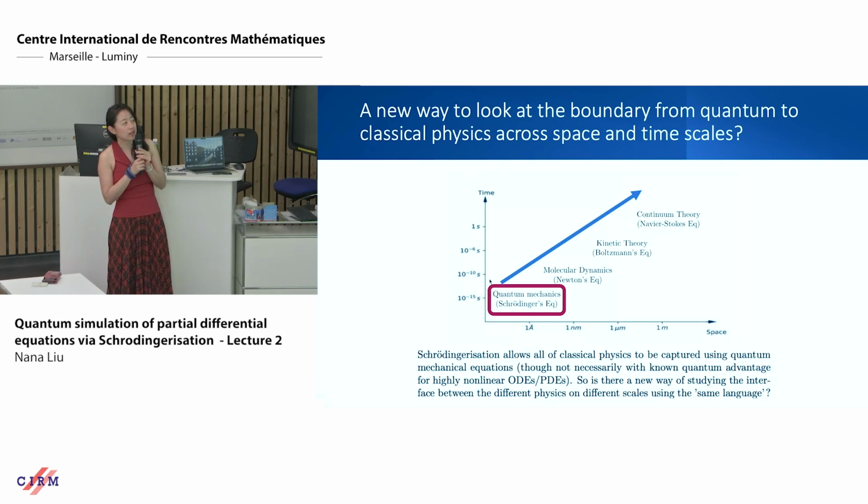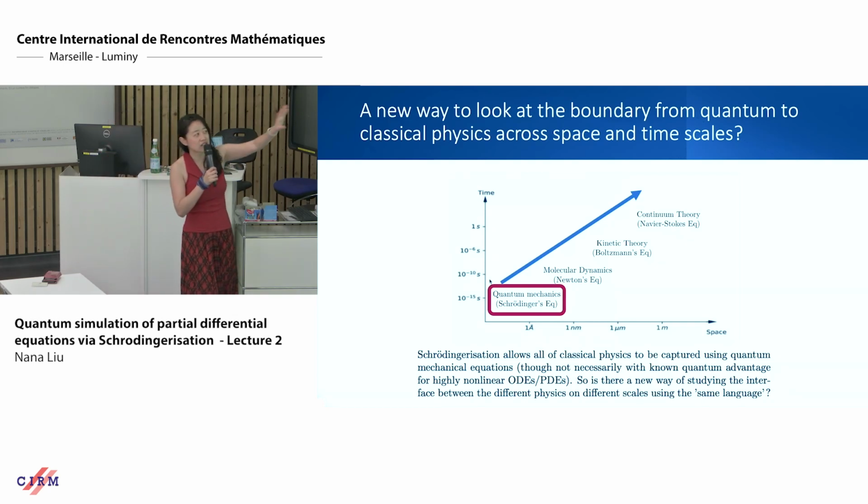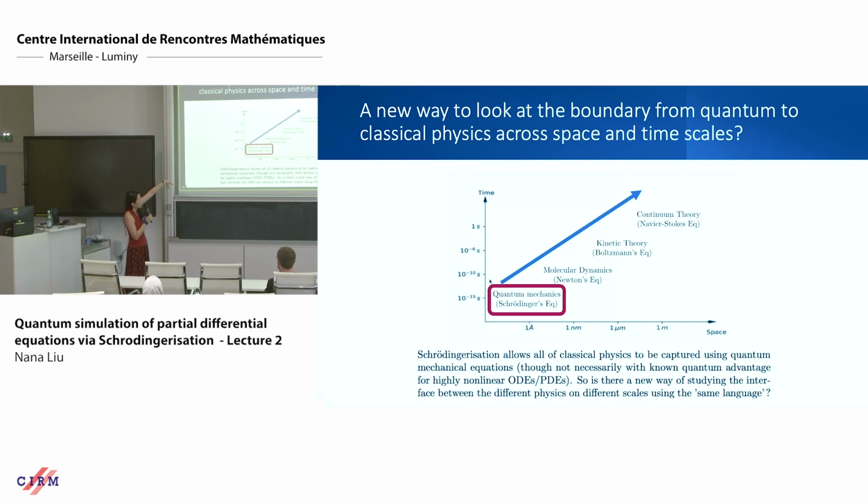So we know that in principle quantum mechanics can reproduce all of that. But somehow Schrodingerisation is taking a shortcut. It's saying that all the information contained in the higher levels, molecular dynamics, kinetic theory, continuum theory, and so on,